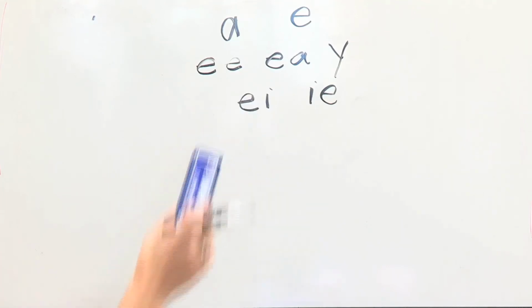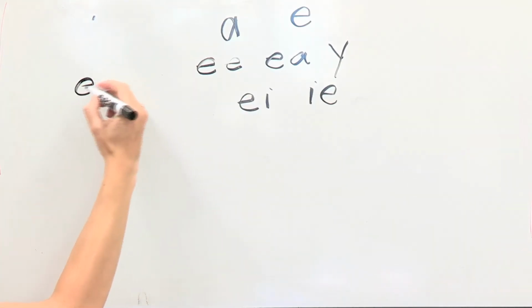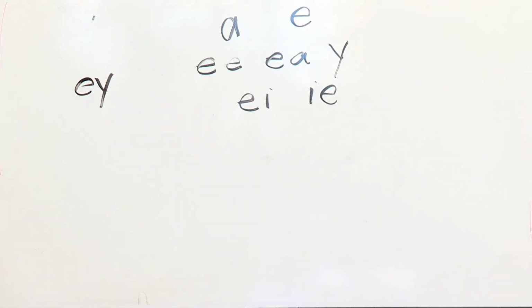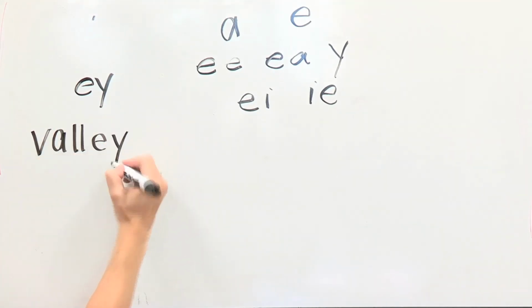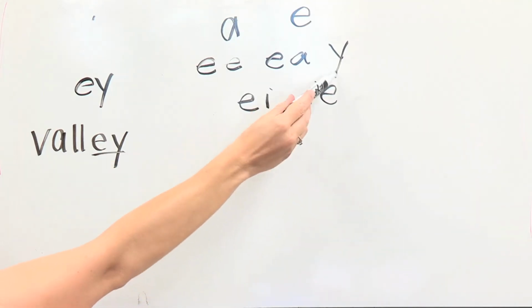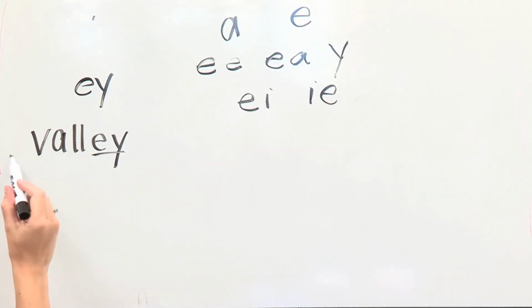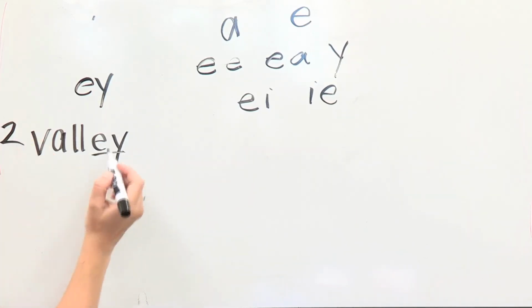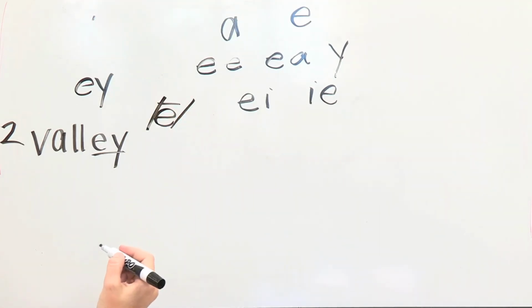Now, a very last one that I forgot to put up there actually is EY. So EY is at the end of two-syllable words. There is one exception. Valley, you hear that long E sound? It's going to be spelled E-Y, not just Y. So how to know when to use EY? This is the rule. When you hear a two-syllable word and it ends in a long E sound, you spell it EY. So valley,